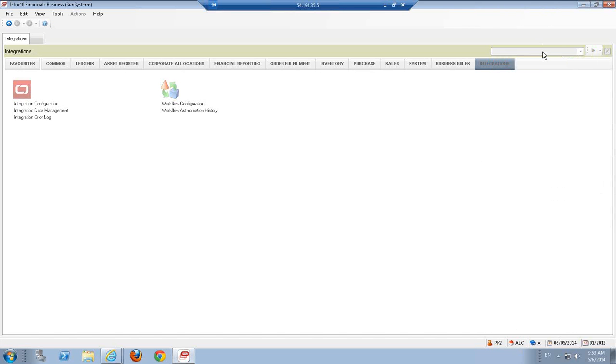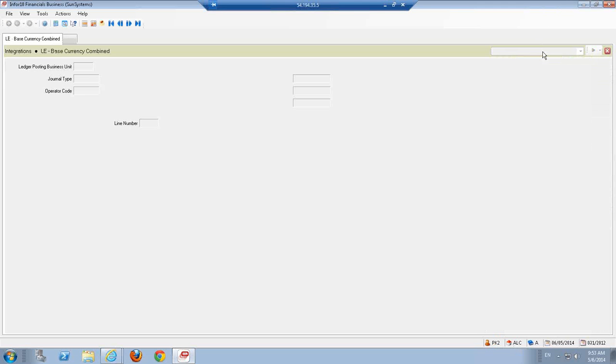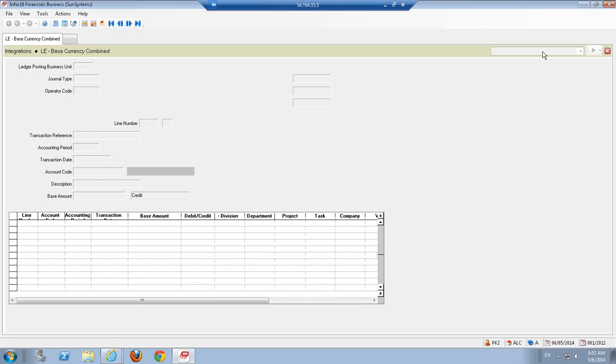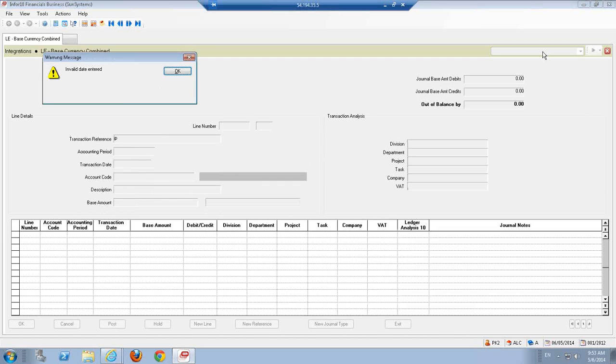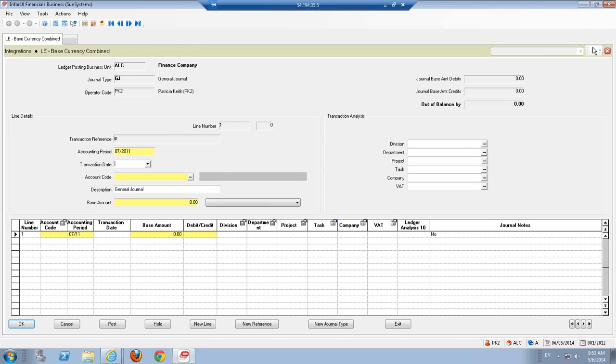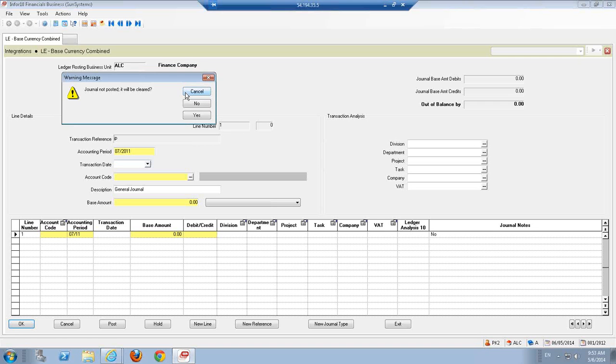In this case, I'm just going to enter a general journal here, a GJ, FGJ journal, because I don't want people to just randomly post general journals all over the place. If somebody does somehow post a general journal, then I want to be notified when that happens. So let's just